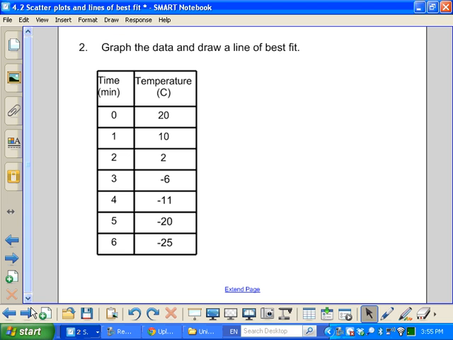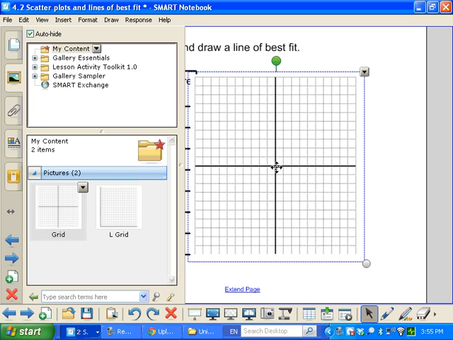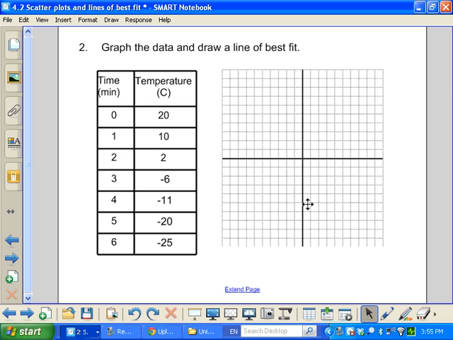So the second example, now dealing with negative numbers. Immediately your mind should go to what type of graph am I going to pick? I'm not going to choose the L-shaped one. I'm going to choose the cross one that we talked about yesterday with ordered pairs because there are negative temperatures